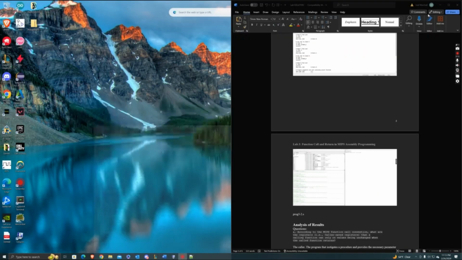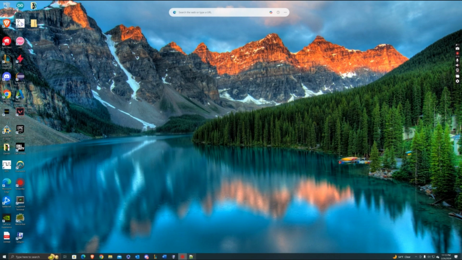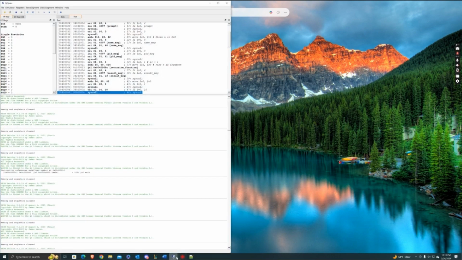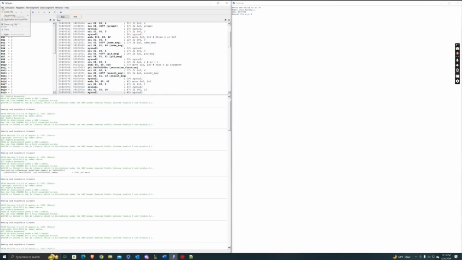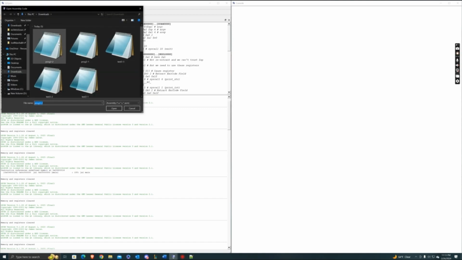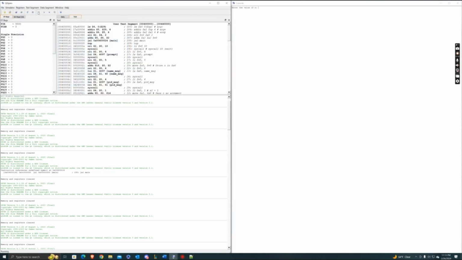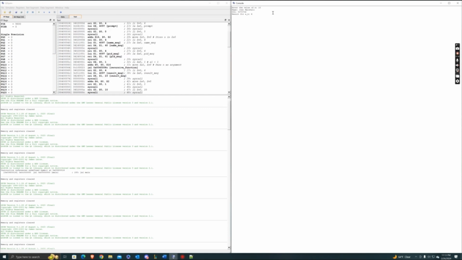Okay, so let's go to Qt-Spim. Console, let's reinitialize this and load it. Put it in, let's run it, and then let's start with 10. And here you see that we get the prompt asking for the value of n, we get my name, and then we get the Panther ID, and the result of a